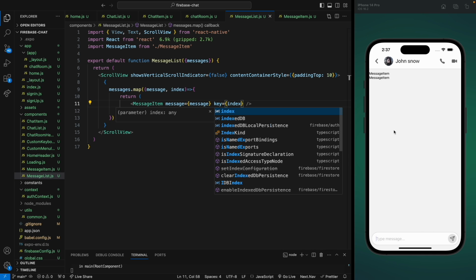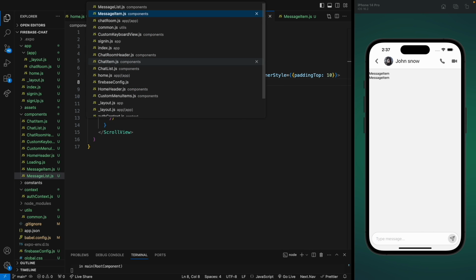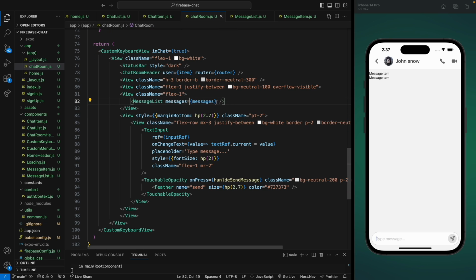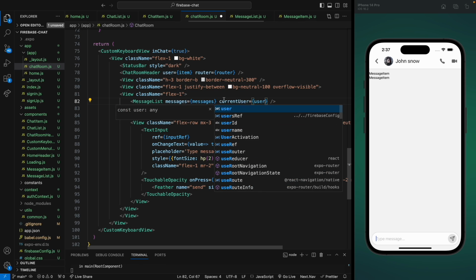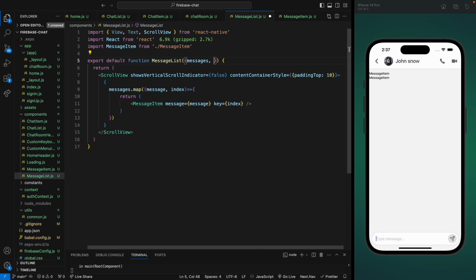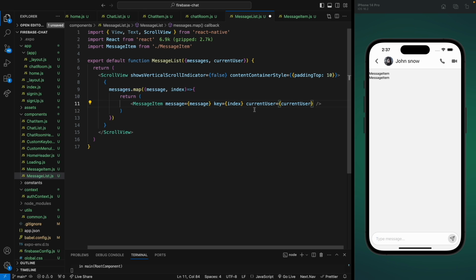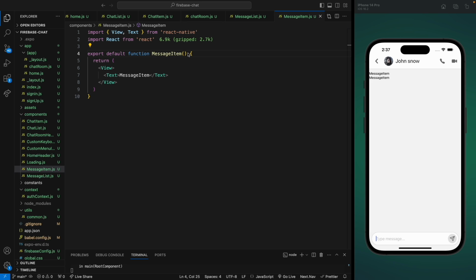Now we're also gonna use the current user data here, because based on that we're gonna show all the current user messages on the right side. So we already have the user property from our auth context, so let's pass it here as the current user, and we will receive it in the message list component, and then again we need to pass it on the message item. Now let's save it, and we're gonna move to message item and receive these properties. We have the message data